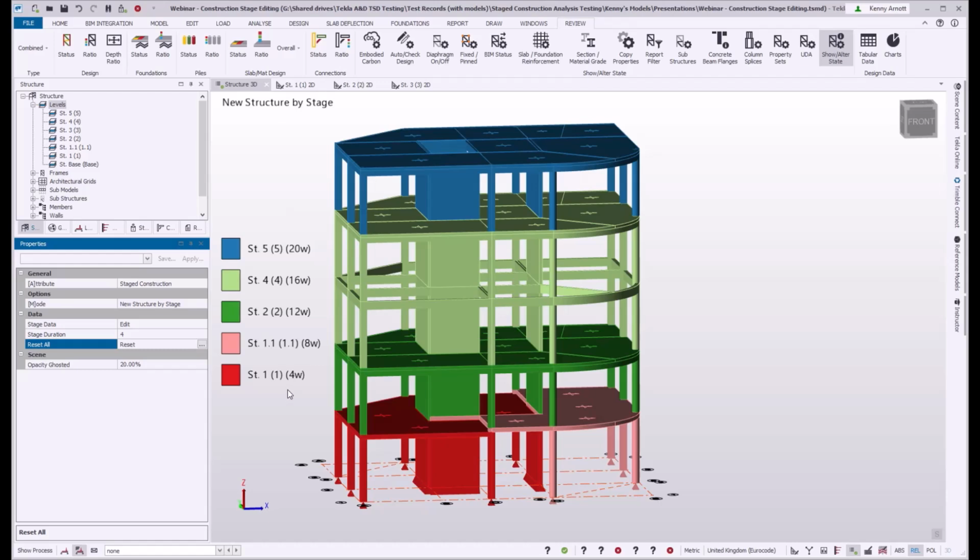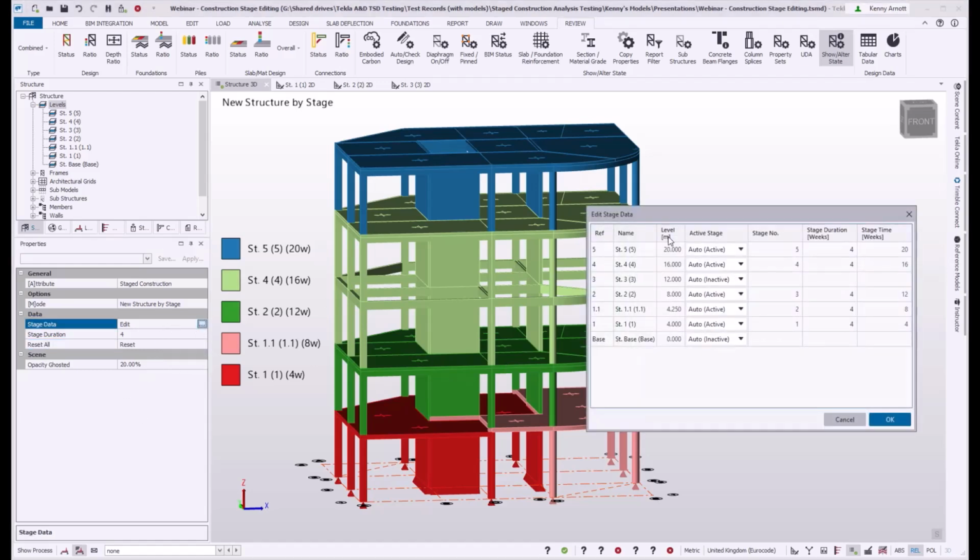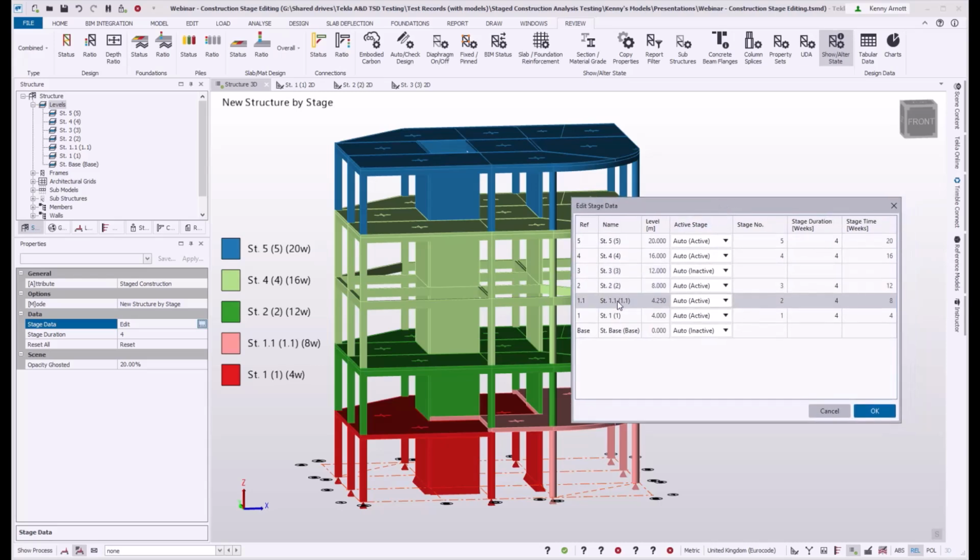And then the next thing I want to do is, I don't want to go to this level of detail. I'm going to combine these into one stage, but I do want this level where there's no slabs to be considered as a separate stage. So back into that edit dialog. Stories 1 and 1.1 are both automatically active.